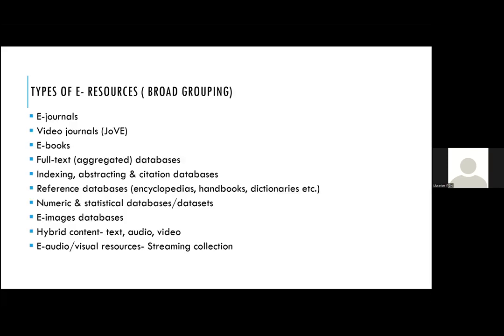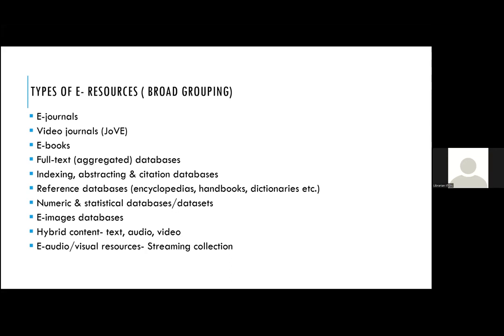Now, this is something that we all know. I don't have to describe it. All that I would like to say is that all that we see in print is now available in electronic format, and there are even no takers for DVDs and video cassettes in the library now. It's all streaming collections.